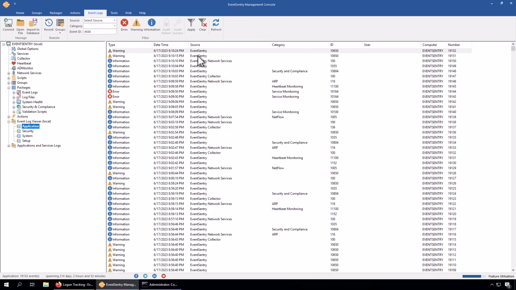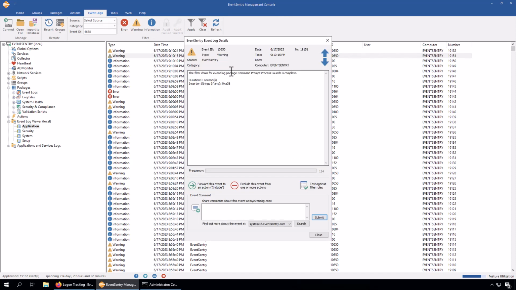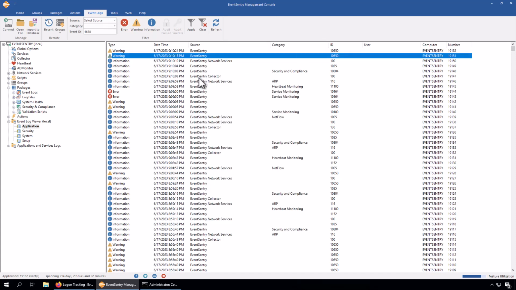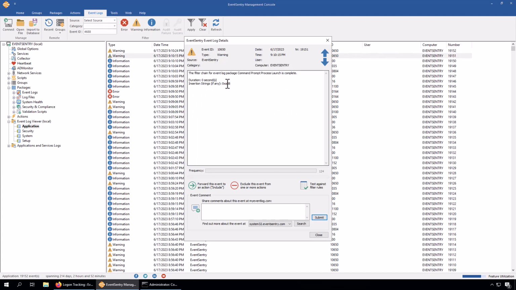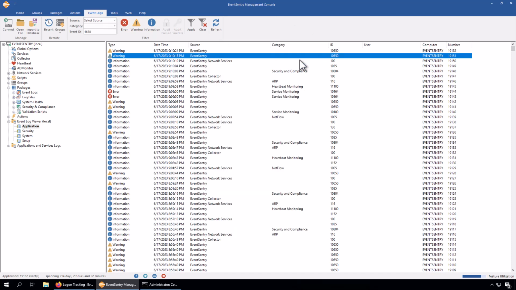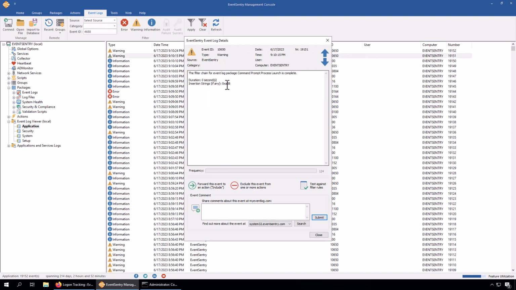And if we look here, we have the filter chain for event log package, command prompt, process launch is complete. And we actually have 2 of them. In this particular case, we don't have any more information here by these filters other than the process ID of the calling process, but we can use that in the web reports to do some more investigation. But it's really unnecessary, because at this point we're really just concerned, okay, did it happen? And it did. So what we could do then is save this process ID,